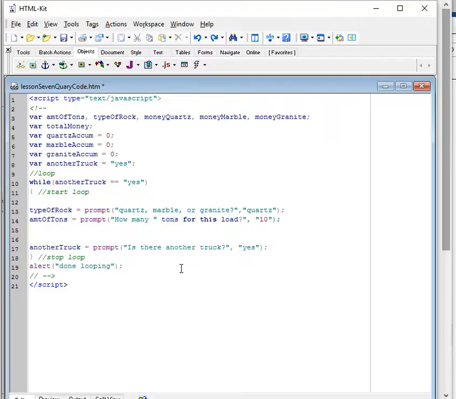So that's my first text. And then I'm going to use type of rock, because that's where quartz, marble, or granite is stored. So I'm going to go ahead and drag that down here. And then between the text and the place in memory, I'm going to use a join symbol, which is the plus. On the other side of type of rock, I'm going to also use a join symbol, because I'm going to join it